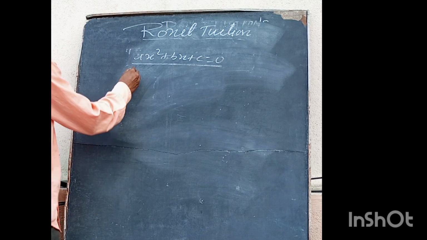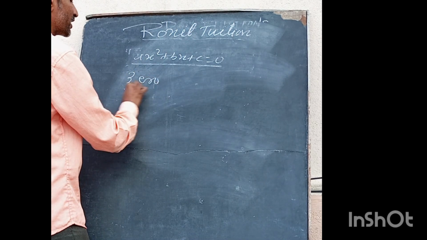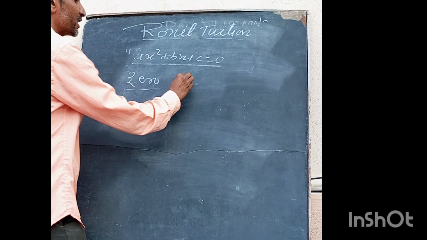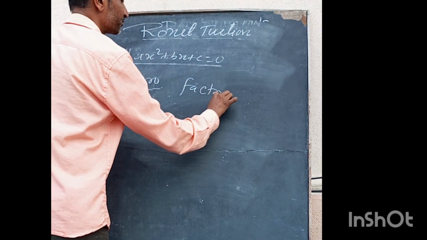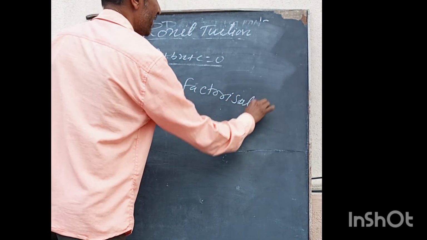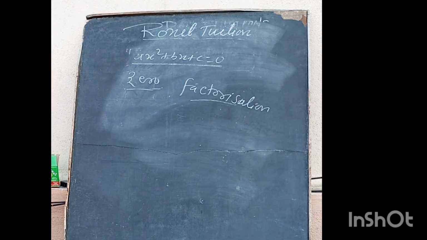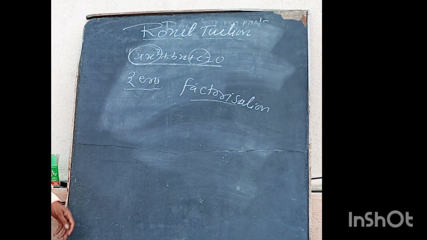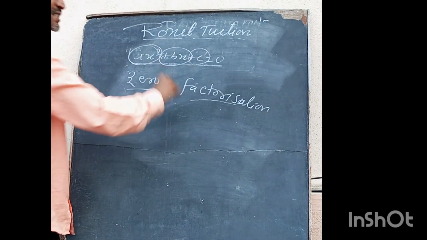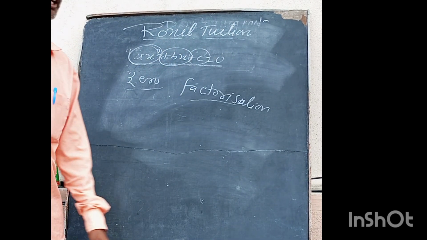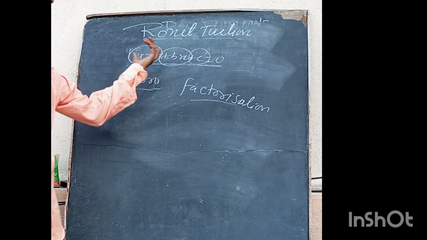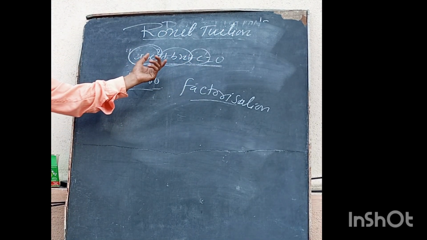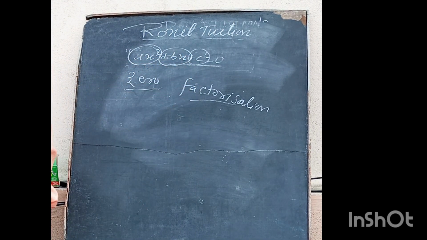In that, we find the zero of the quadratic polynomial or the equation. To find that, we read the factorization method. In that factorization, we read that the first term ax square and the last term c we multiplied. Then we find two numbers such that if they are multiplied, we get the ax square c value, and if they are added or subtracted, then we get the bx.